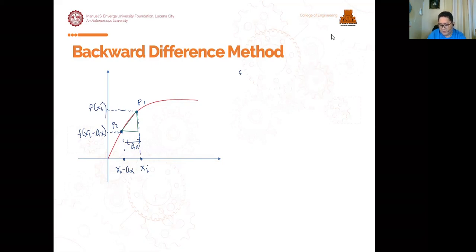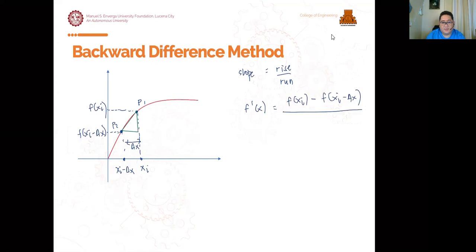So substitute natin f prime x, meaning first derivative slope is the same. Okay, so ano ngayon yung rise natin? So yung rise natin ngayon dito is from P1 minus P2. So yung y coordinate ng P1 minus y coordinate ng P2. Okay, so we have f xi minus f xi minus delta x all over yung run natin